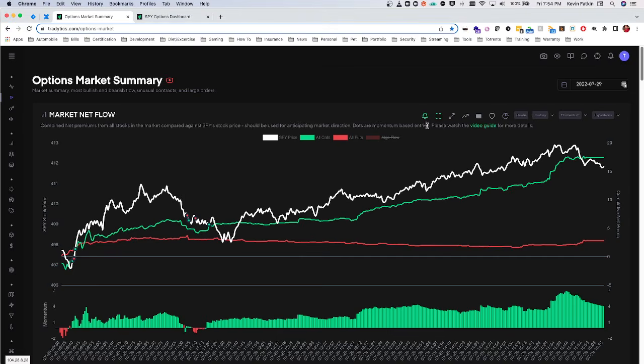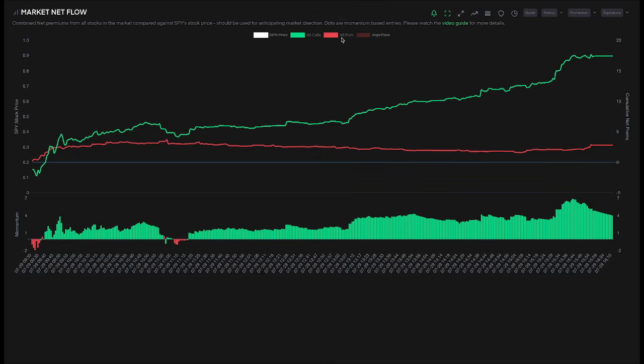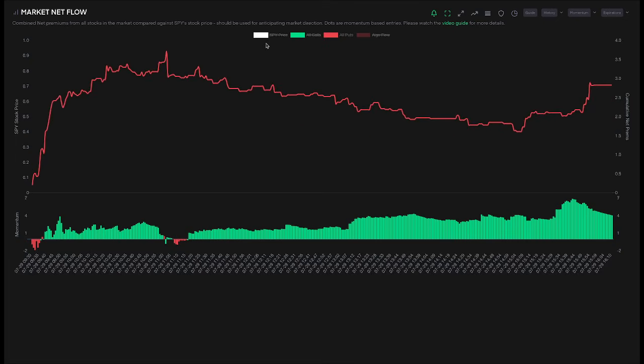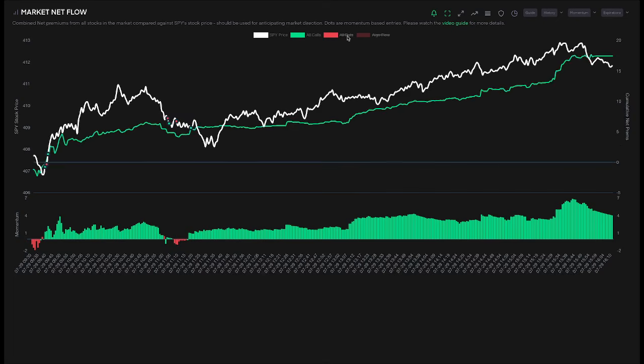We can see we have market net flow here, and if we want, we can make it full screen. And again, if we narrow this down, we have the green line, which is showing net calls across the market. We have the red line, which is showing net puts across the market, so bought puts minus sold puts. And then lastly, we have SPY's price. So everything that we're seeing here combined are those three main things. Now, another thing that market net flow shows us is, let me just minimize this here,